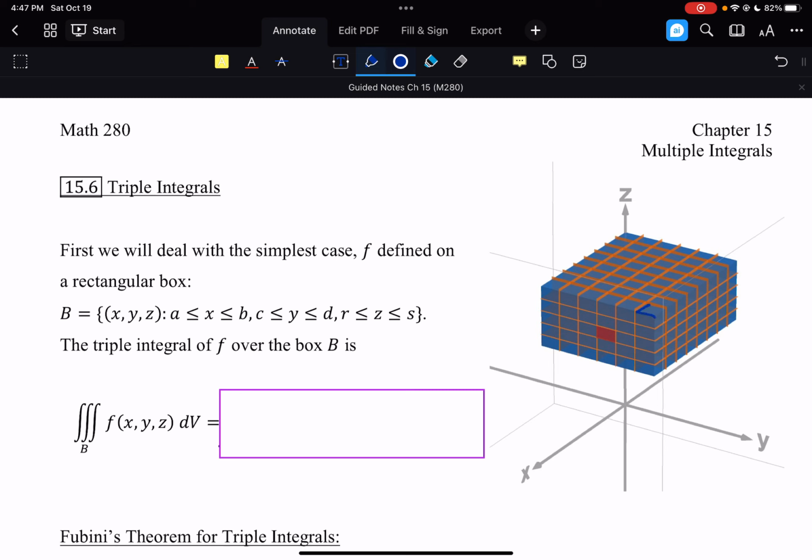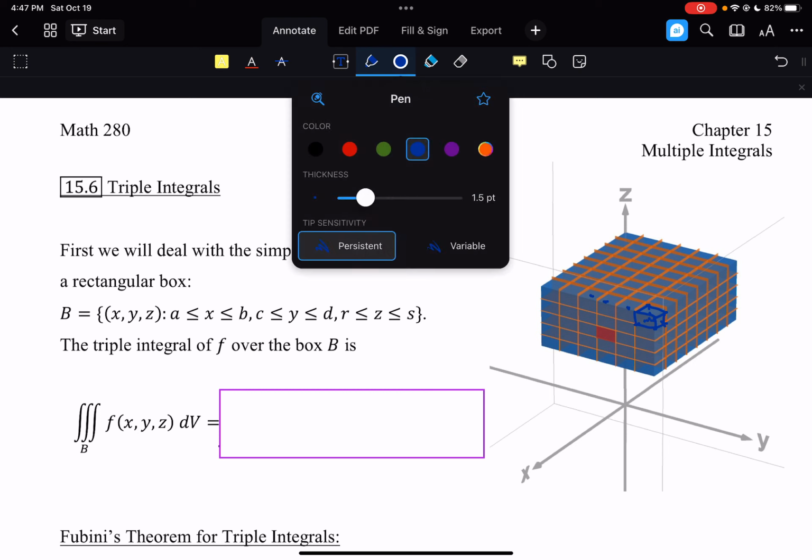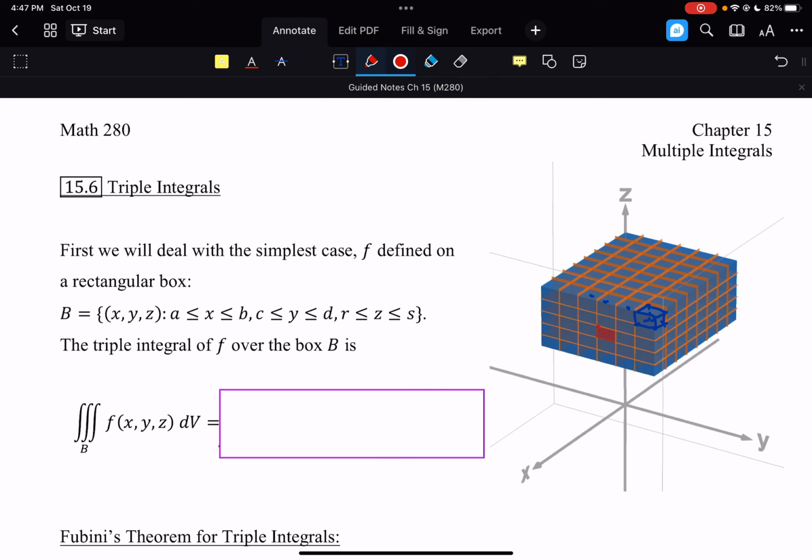So you can see there's a box right here, and it kind of goes back in there as well. And we can take the values from that box and then evaluate over that piece, and then the next piece, and the next piece, et cetera, over the entire solid. If we focus in, you can see there's one right here that I've singled out. If we zoom in, so to speak,